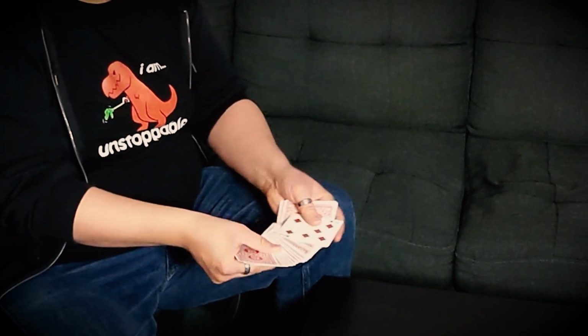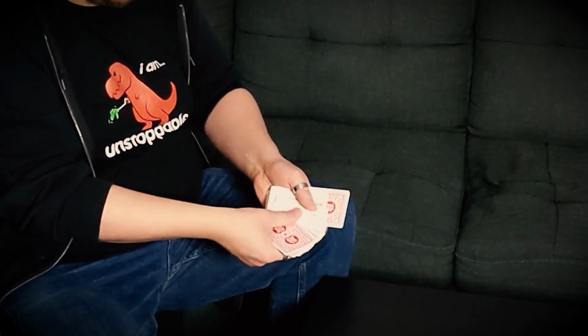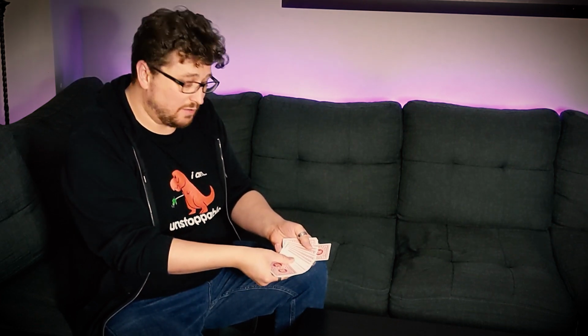So again, up to speed, turn it over, there. And then you leave that card up jogged, do your spread pass, come over here, square it up, and then turn over the top card again. One more time, face up, come down here, turn the card over, your index finger up jogs the card above it, and leaving that up jog, you do a spread pass,